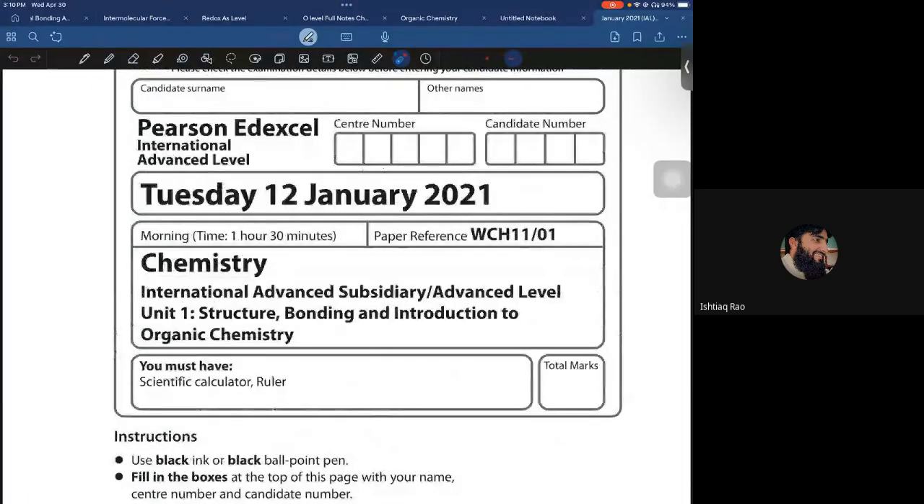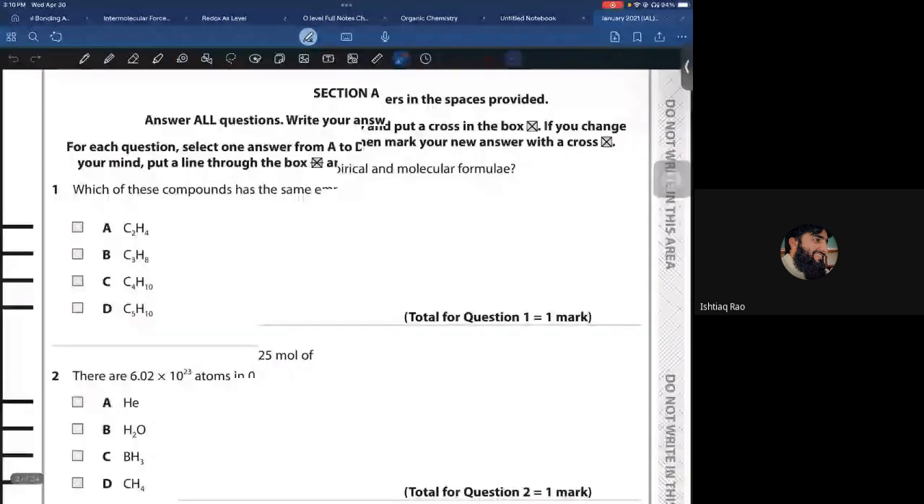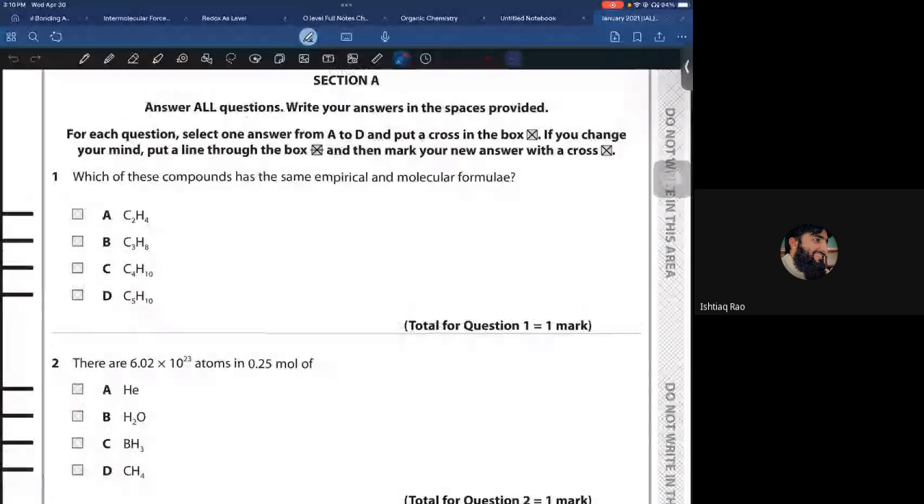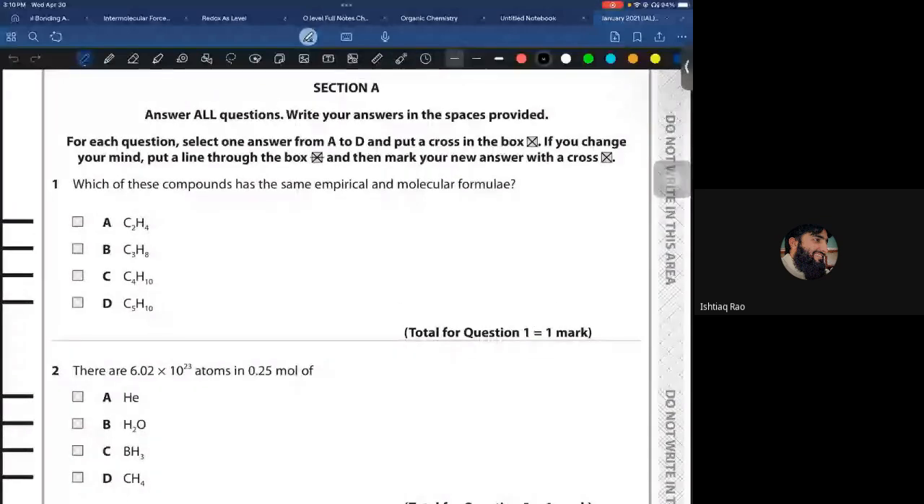January 2021, unit 1. Question number 1: which of these compounds has the same empirical and molecular formulae? So that means I can divide it by 2, so it would be